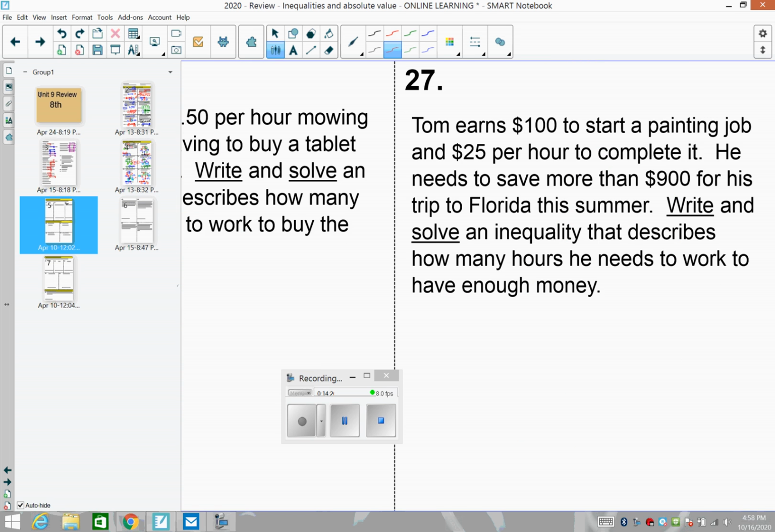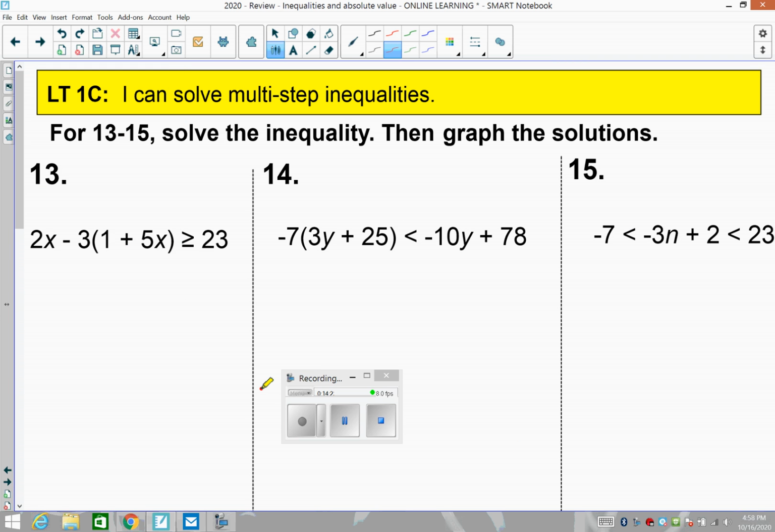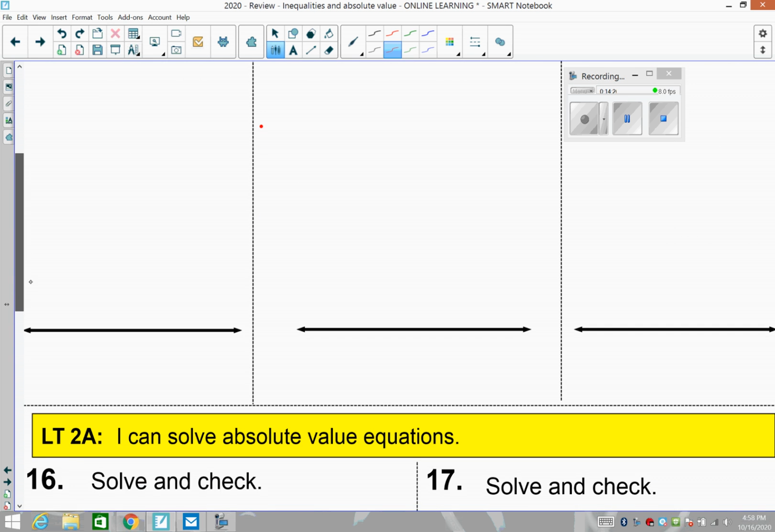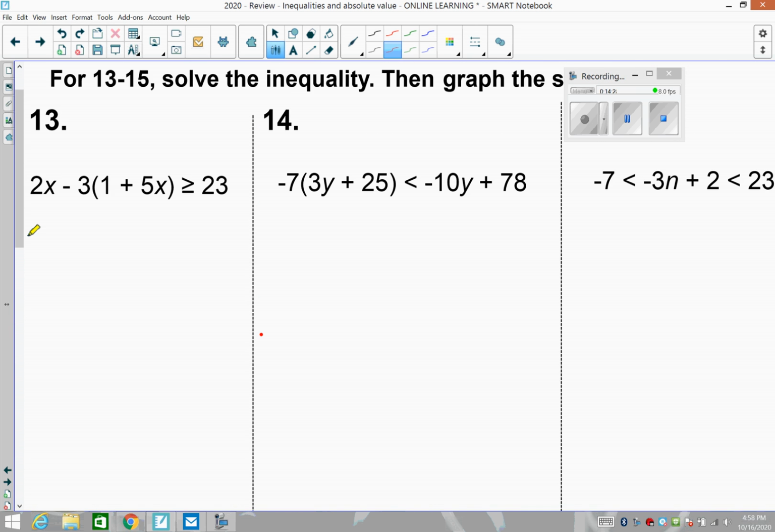That is not the right file. Question 13. Solve the inequality, then graph the solutions. We're going to continue to graph these. All right, so this is a multi-step equation that we're going to solve here with the inequalities. So we're going to use the distributive property here. This is going to have to wait because it's on the outside, attached through subtraction. So this becomes 2x minus 3 minus 15x